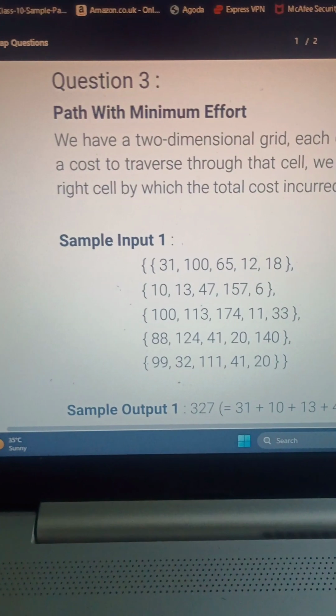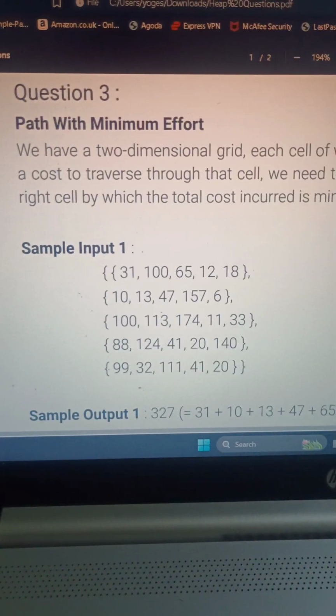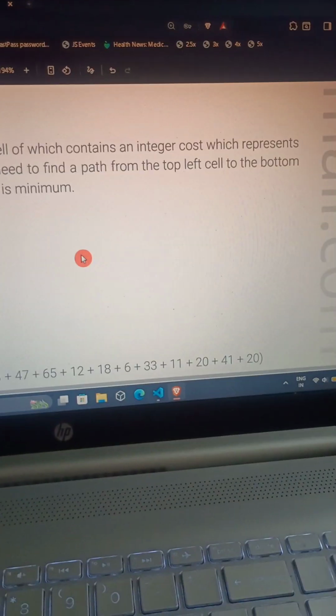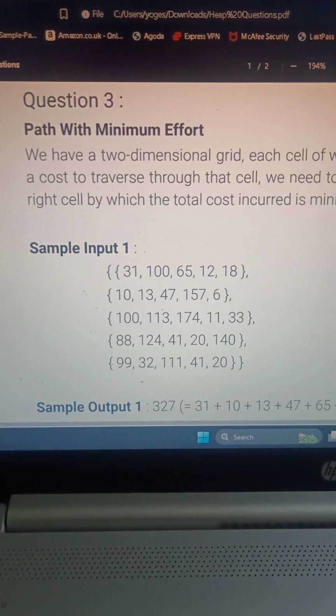Hey guys, so I'm back with one more LeetCode. Not a LeetCode, but yeah, a college question that I was solving, and I found it a little interesting. You know what the question is?